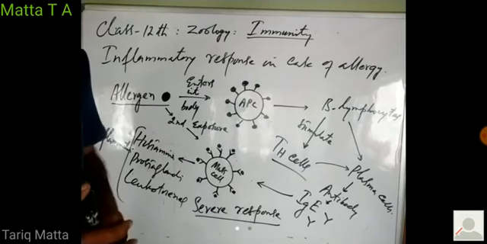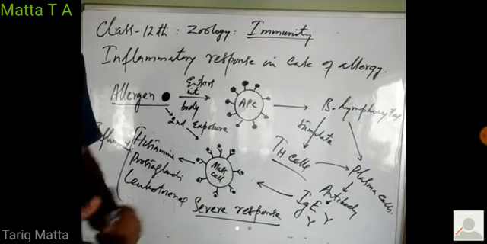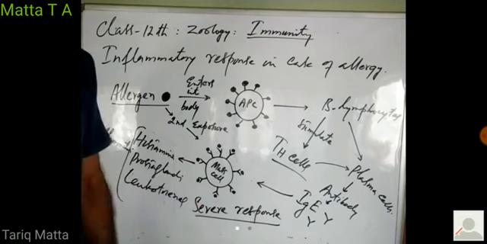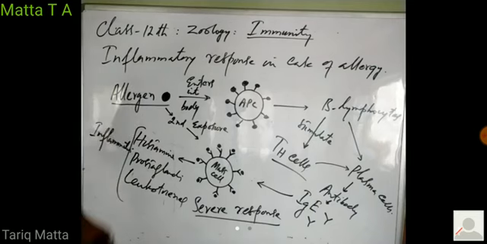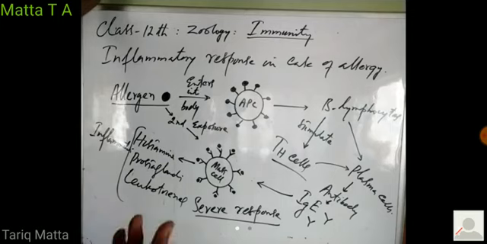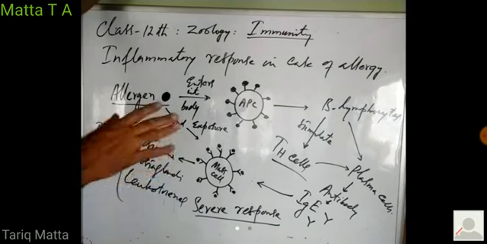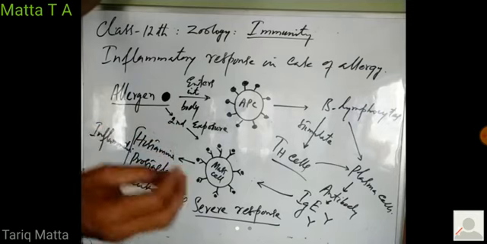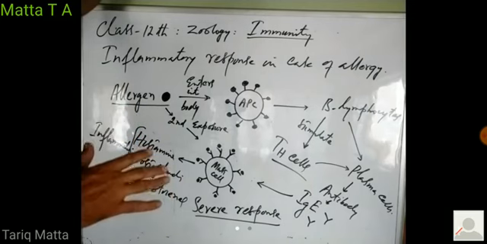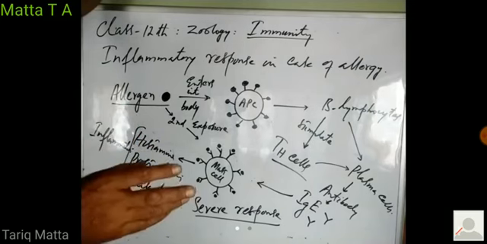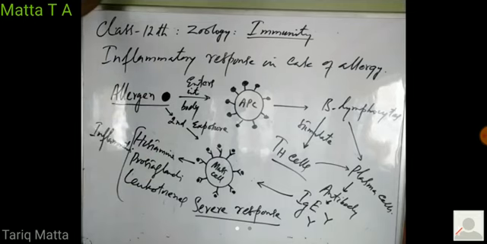And that anaphylactic shock sometimes proves fatal, and the person may die because of it if not treated immediately, right? So if anyone is suffering from allergic reaction, he should be immediately taken to the doctor or hospital where an anti-allergic drug must be administered to minimize the effect of this allergic reaction. First exposure is less severe, and second exposure to the same allergen is very severe. It may directly lead a person into anaphylactic shock, and the person may get killed, right?